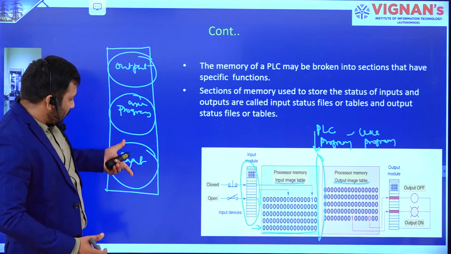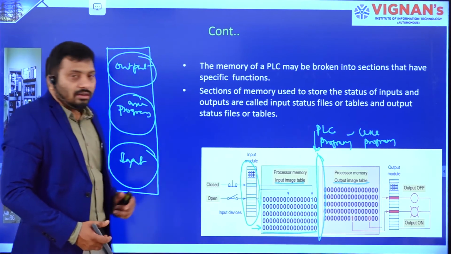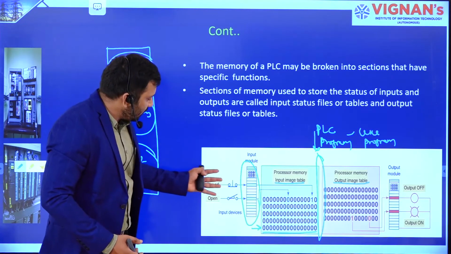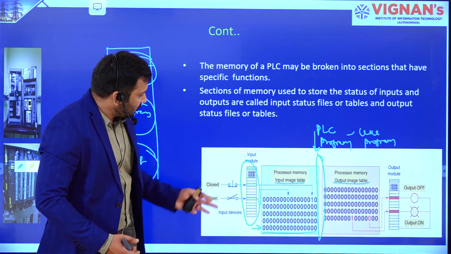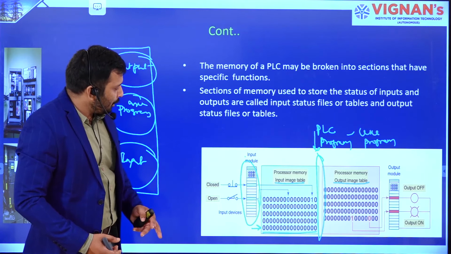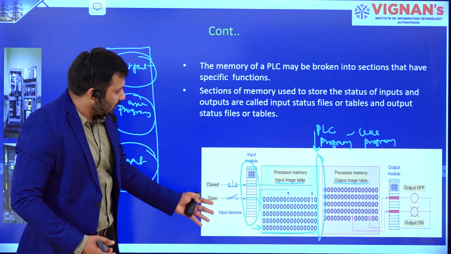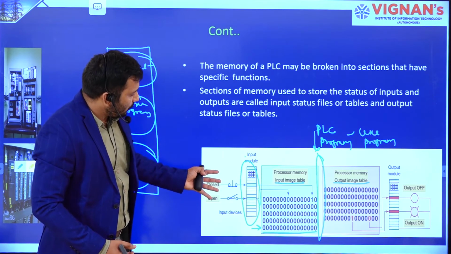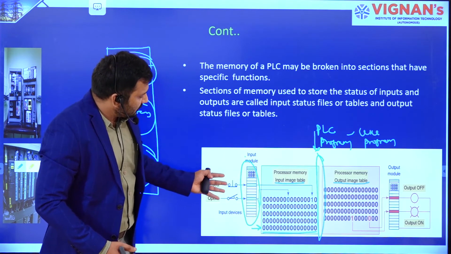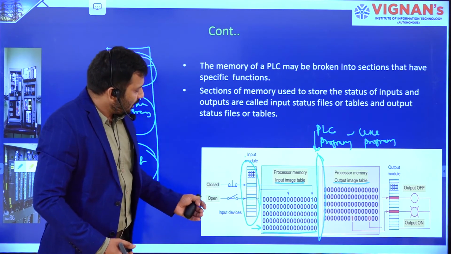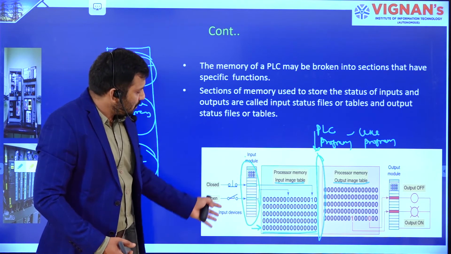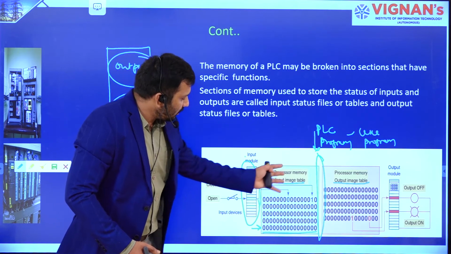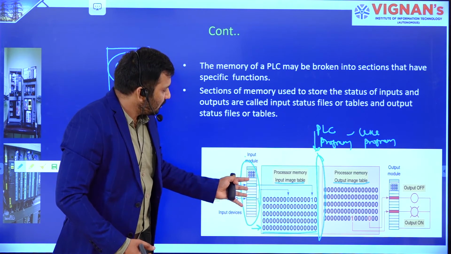Some locations are allotted for the storage of input data, right? Based on the input data coming through the different switches, for example, this is a 16 terminal input module which is going to be connected with 16 switches. The 16 switches give 16 data as input to the input module. Based on the position of these switches, the input module outputs a combination of zeros and ones to the CPU.